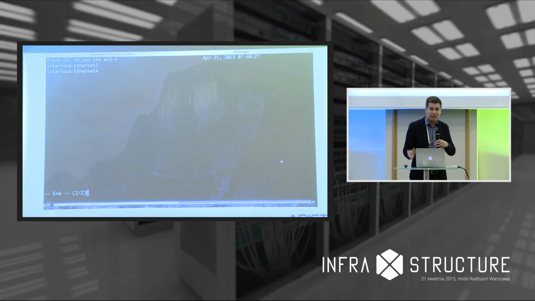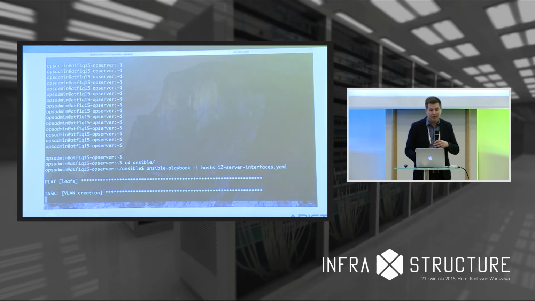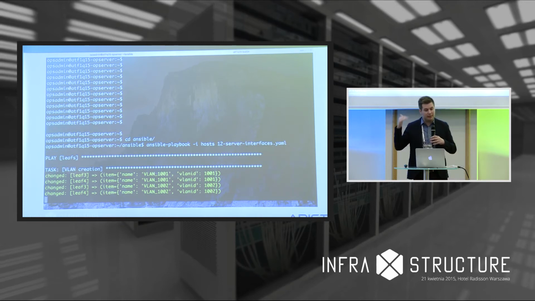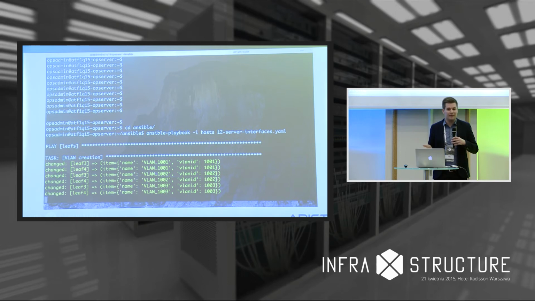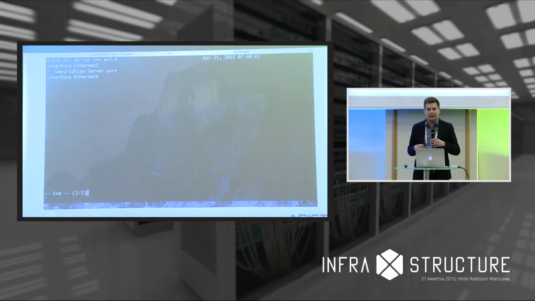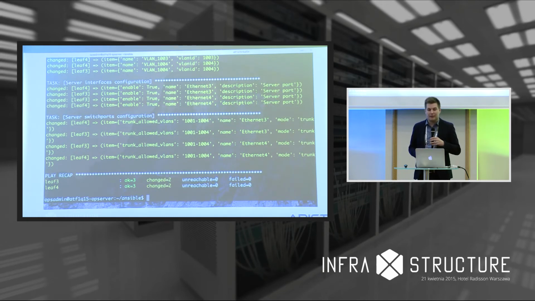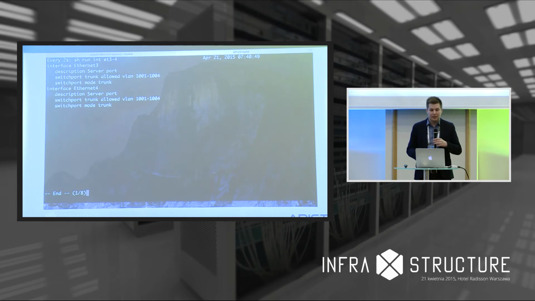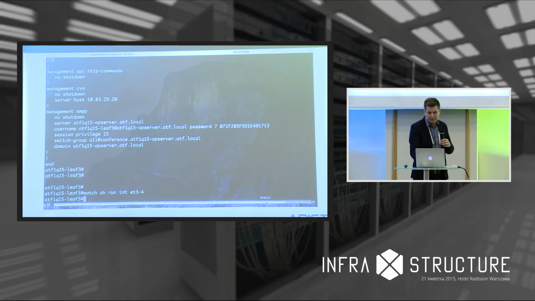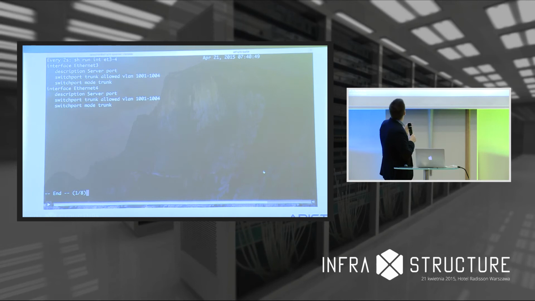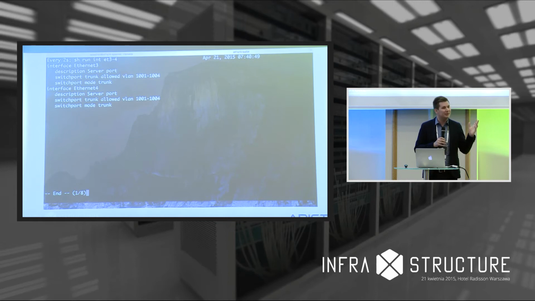So what I'm then going to do is go back to the server and execute the Ansible script. And what this script is doing, as you'll see it going past, is going to every device, including this one switch, and configuring the necessary interface descriptions, the necessary VLANs, and the necessary port config. So we'll see now, all of this configuration has been created through Ansible. The description and the switch port config, those VLANs, have all been configured through Ansible,